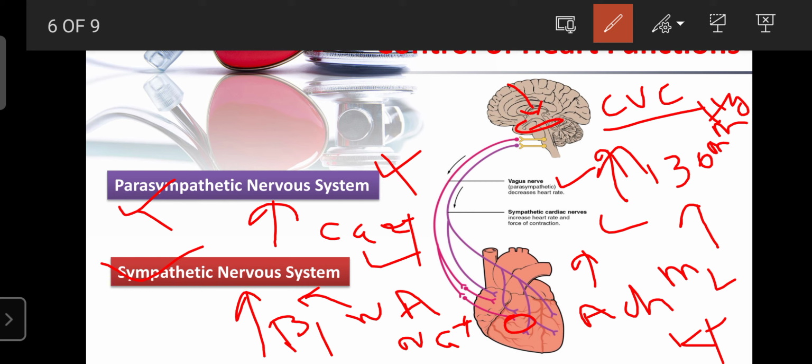For example, vigorous exercise can enhance the activity of the sympathetic nervous system. Due to that only, during exercise our heart rate increases and our blood pressure increases. Those who are clever, more intelligent, whose students' memory power is more and whose IQ is strong, those students always fall down due to loss of consciousness, due to low BP.